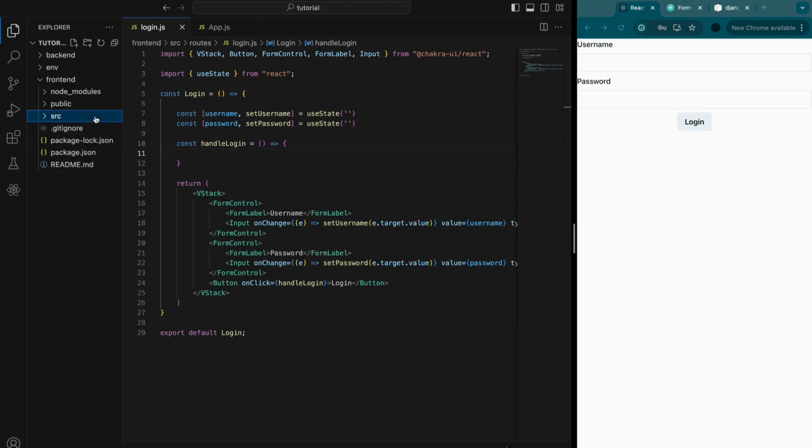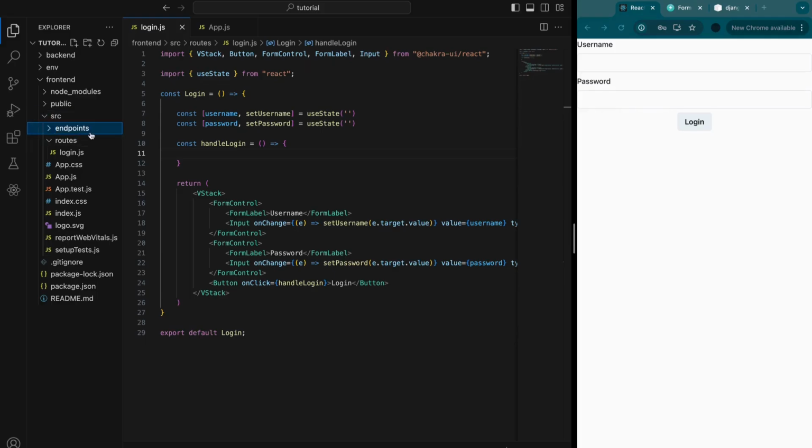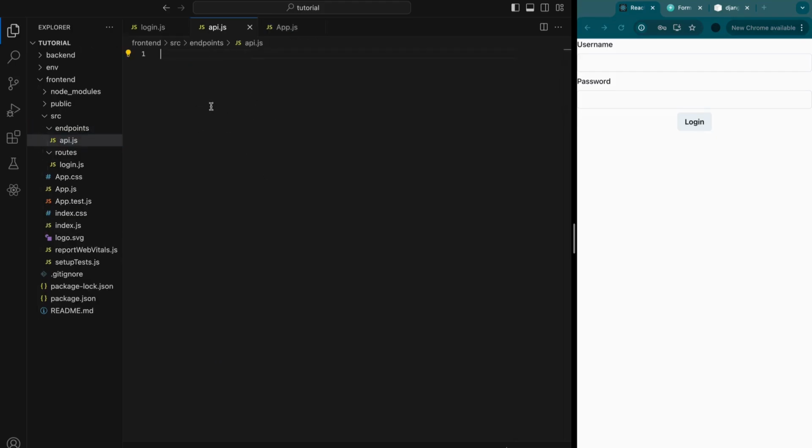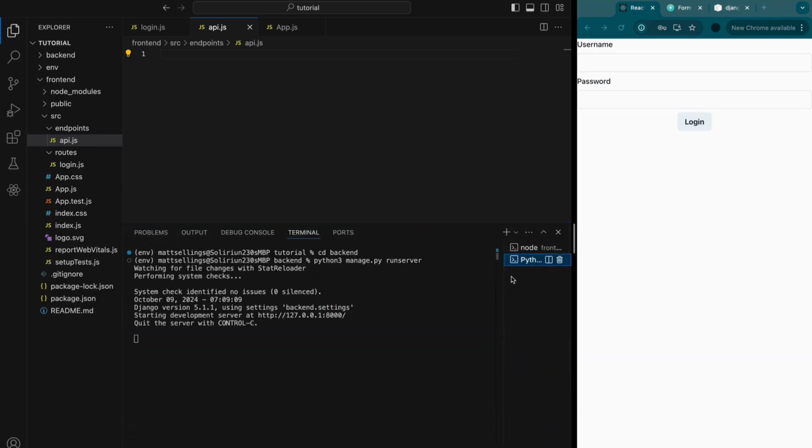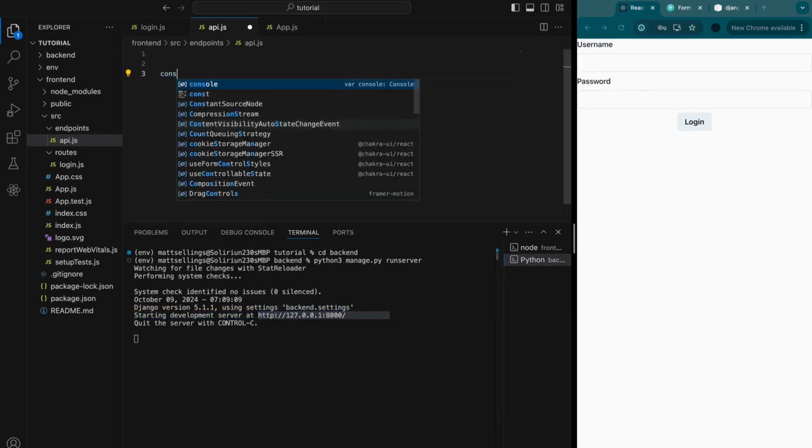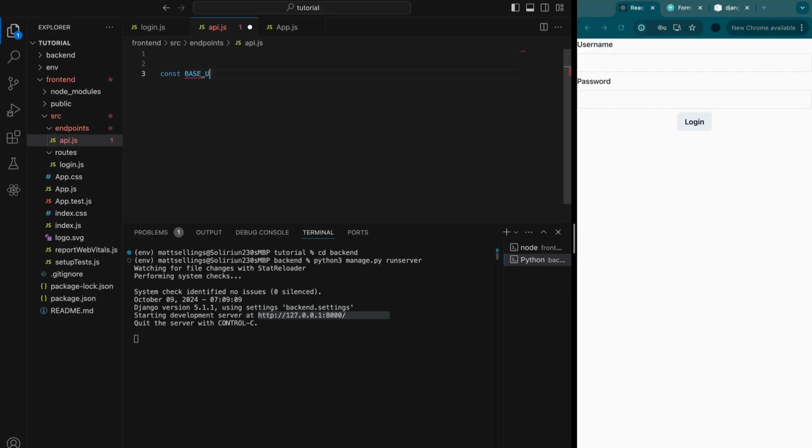So if you go to source, we'll create a new folder and we'll call it endpoints. And then in that endpoints, we'll create a new file called api.js. So first thing we want to do is actually get the URLs for all the APIs we're calling. So if I struggling to bring this up, there you go. Okay, so you can see I'm running on here. All right. So if I do const baseURL, it's going to equal